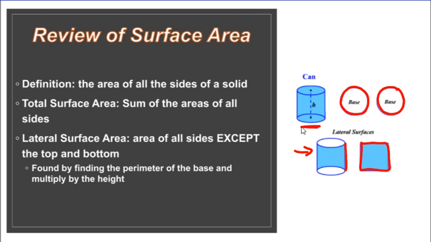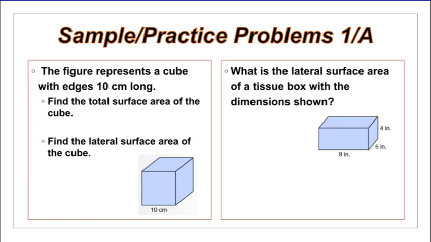So now let's look at some examples. The figure represents a cube with edges 10 centimeters long. Find the total surface area of the cube. Since it's a cube, I have 6 sides, and each of them is 10 by 10. So 10 squared would be 100. So this would be 600